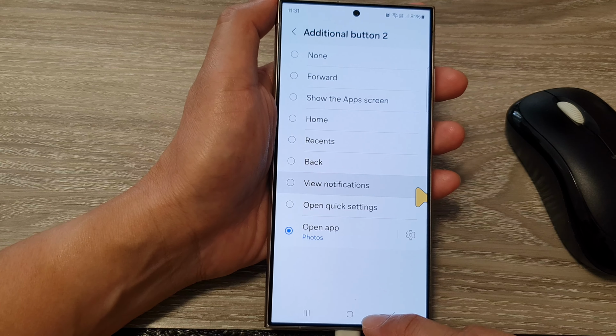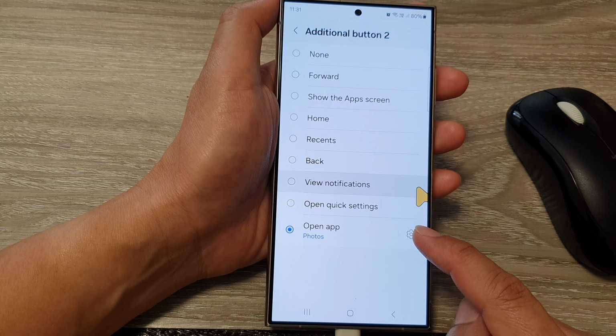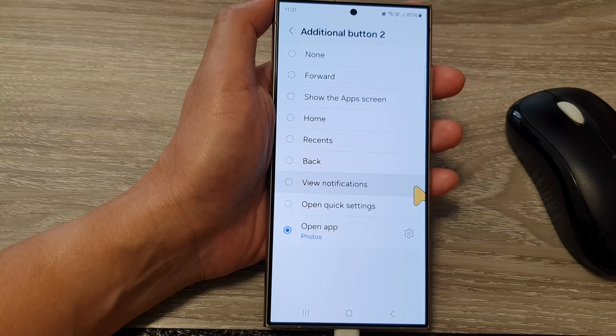And that's it. That is how you can add or assign additional mouse button functions on the Samsung Galaxy S24